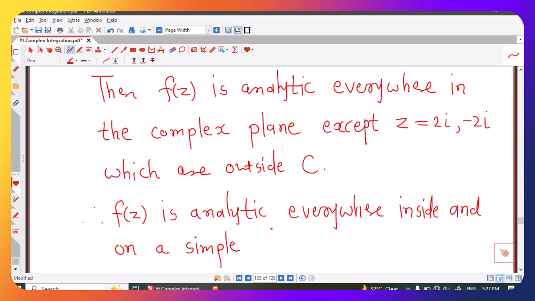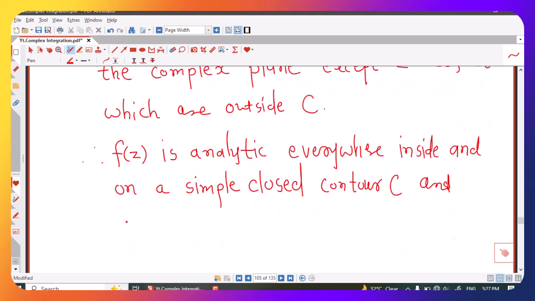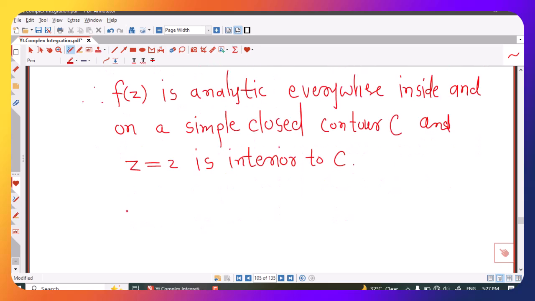We require our function f of z to be analytic inside and on a simple closed contour C to apply Cauchy integral formula. And we have seen that z equal to 2 is inside C, or it is interior to given simple closed contour. So therefore by Cauchy integral formula,